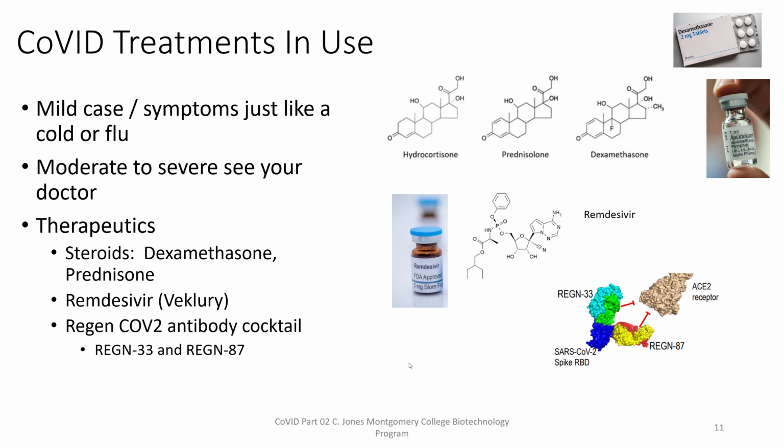But antibodies are incredibly expensive to manufacture. So I really don't think, unless we find a cheap way to manufacture large quantities of antibodies, that this is going to be a last resort treatment. All right. The interesting thing, though, is Regeneron realized this, and the original dose of the Regeneron cocktail was